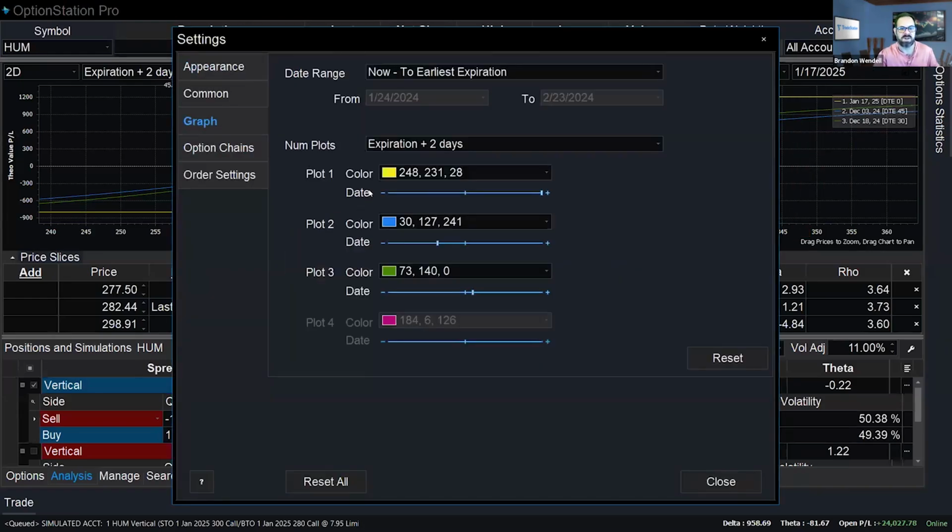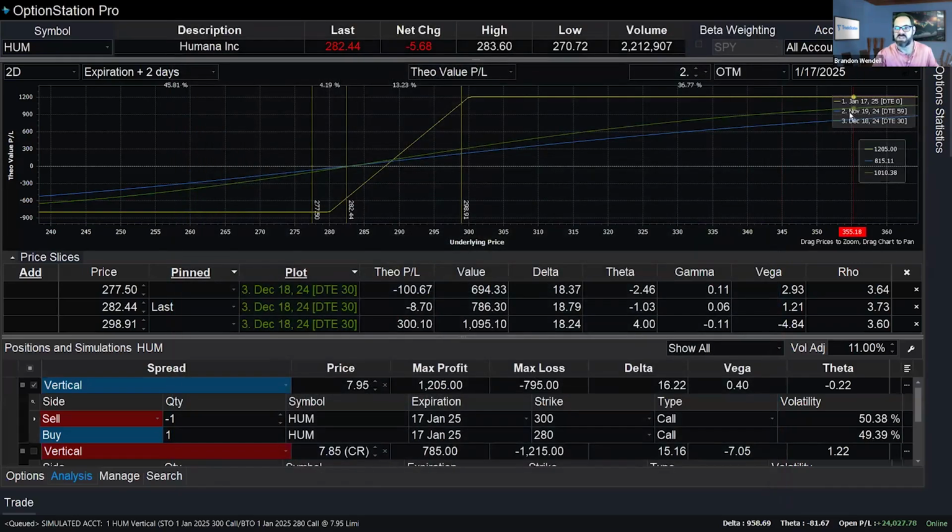Let me just change this. Actually, it already was adjusted. That was at 66 days till expiration. But let's say we go maybe a week or so. I was at 66, we'll go to 59. That's 7 days later from opening it. So by November 19th, you'll notice that to get to a negative 100,